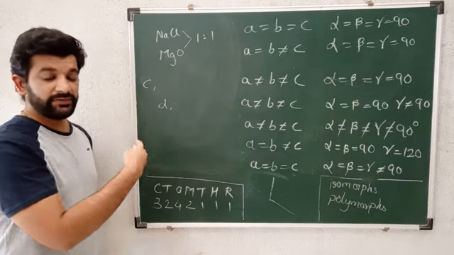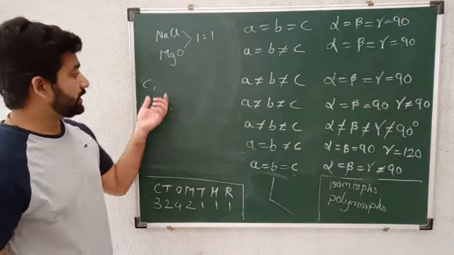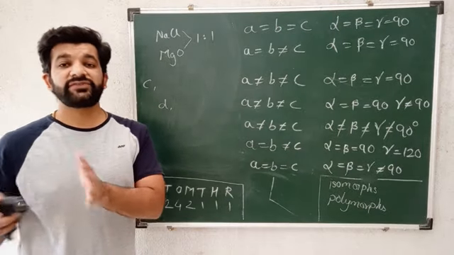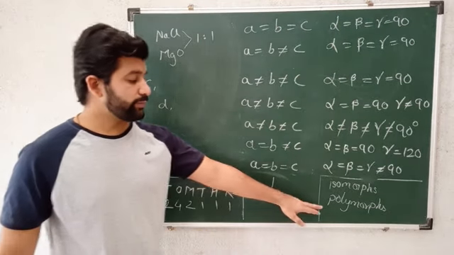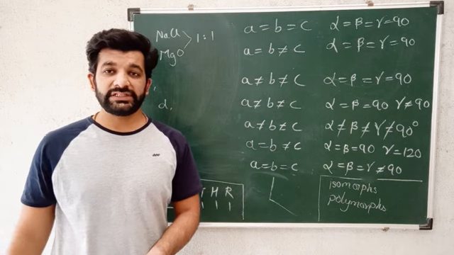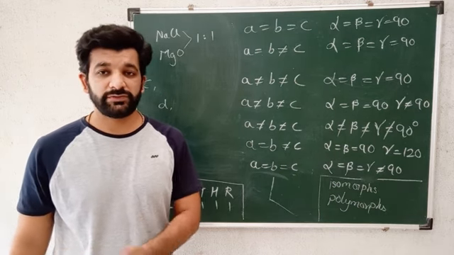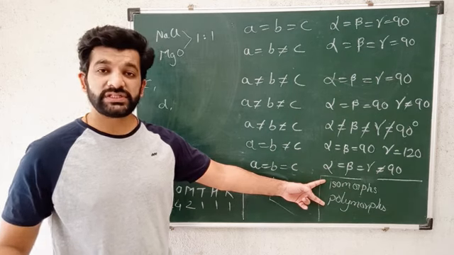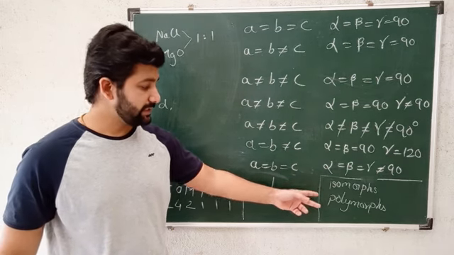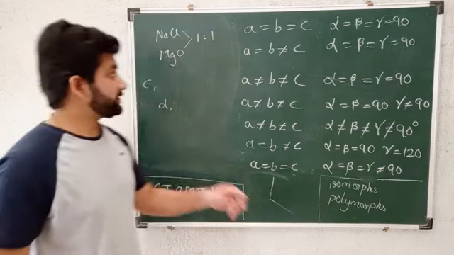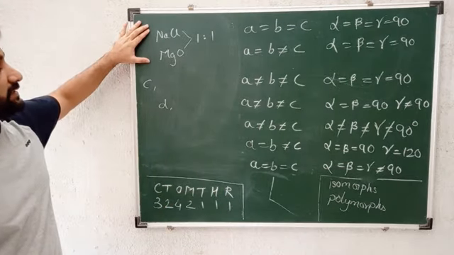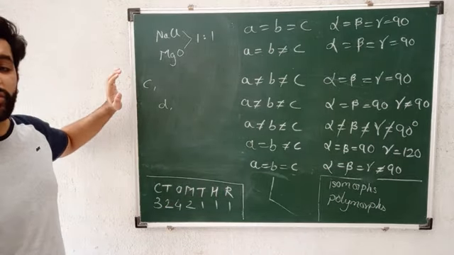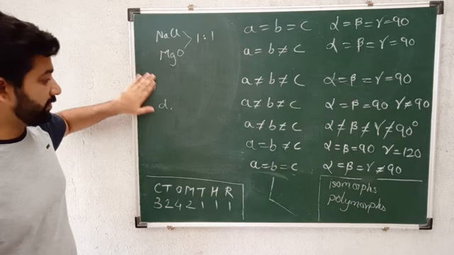Then graphite having separate crystal unit. Means what? Same element showing different structures is known as polymorphs, or in simple case we can also call them allotropes of carbon. So this is the new concept added in the new syllabus, isomorphs and polymorphs. These are the examples of isomorphs, and allotropes of carbon is example of polymorphs.